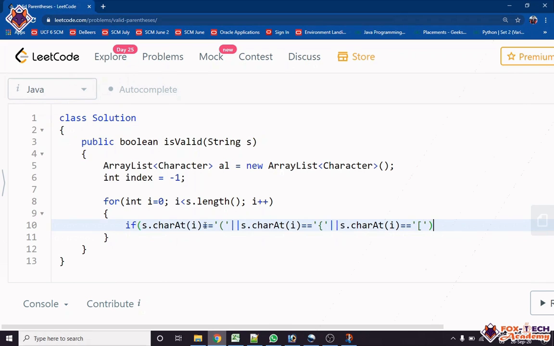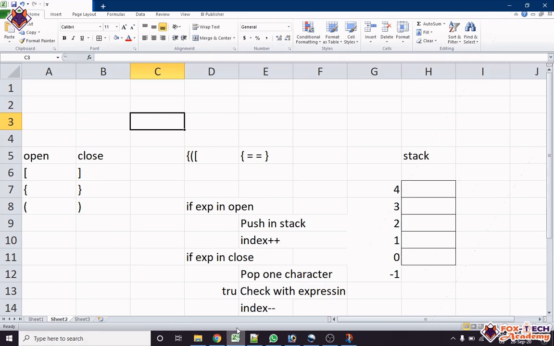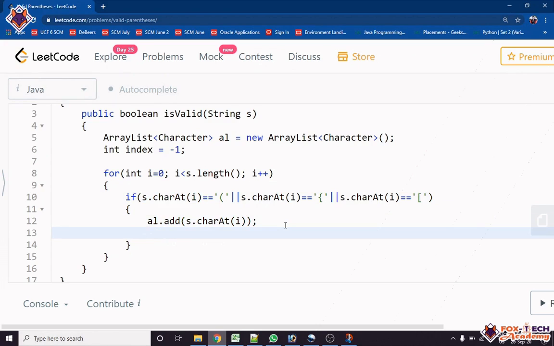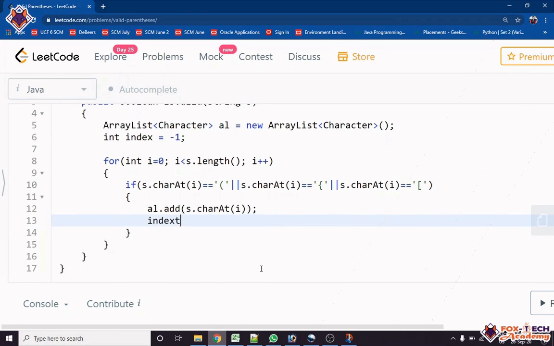It means if our character is an open parenthesis or open brace, then what we do is just put it in the stack and increment the index. So we will add in the list: al.add(s.charAt(i)), and we will increment the index, index++.